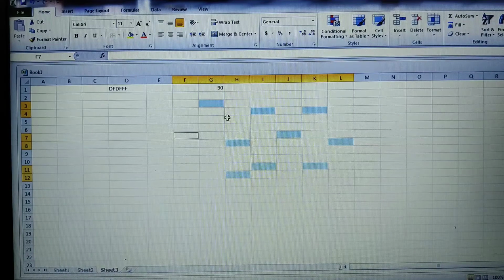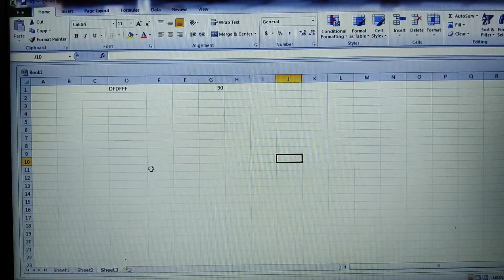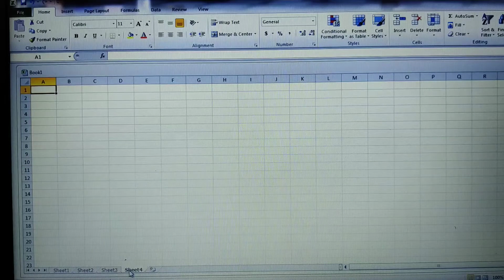Next, as we know, each workbook has 3 worksheets by default, but we can have n number of worksheets. To add a new worksheet, if you observe this icon, it will help you create a new worksheet. Just click onto this icon and it will create a new worksheet, that is Sheet 4. Can you see here? Like this, you can create n number of worksheets. This is one way.